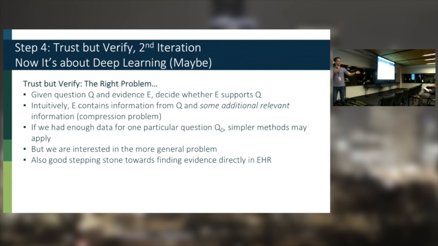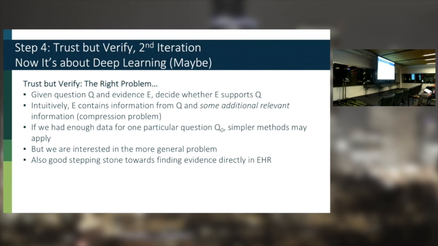You could think, well, if I have this question about seizures, and I had thousands and thousands of people answer that question, maybe I can build an individual model. But really, it's better to build a more abstract model of, given a question, given a piece of evidence, does the evidence support the question? There was a question here about, do we get the data from the EHR? And so this is a good stepping stone towards the kind of next step here, which is already in production, but it's kind of a bigger project of getting evidence directly from the EHR, so we don't have to burden the user with give us evidence. And moreover, it's much more reliable because it's actually documented in the medical record.